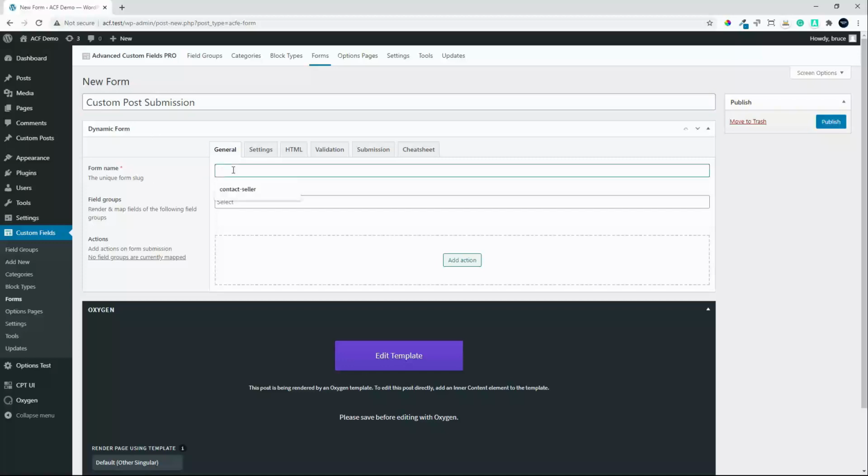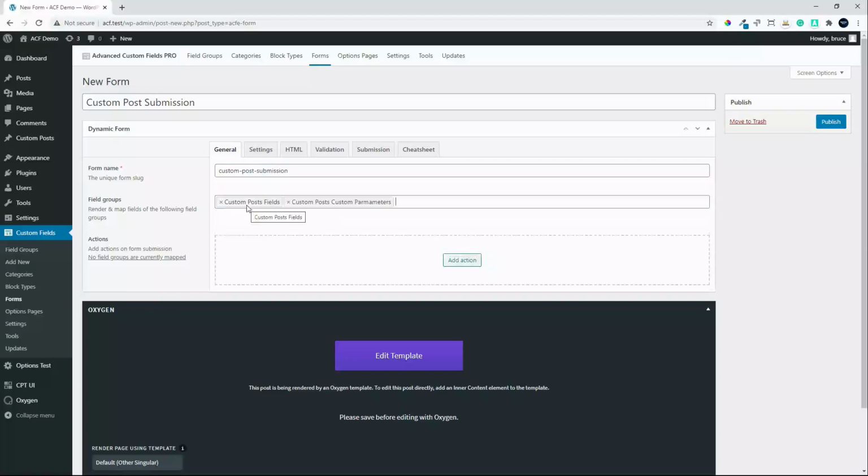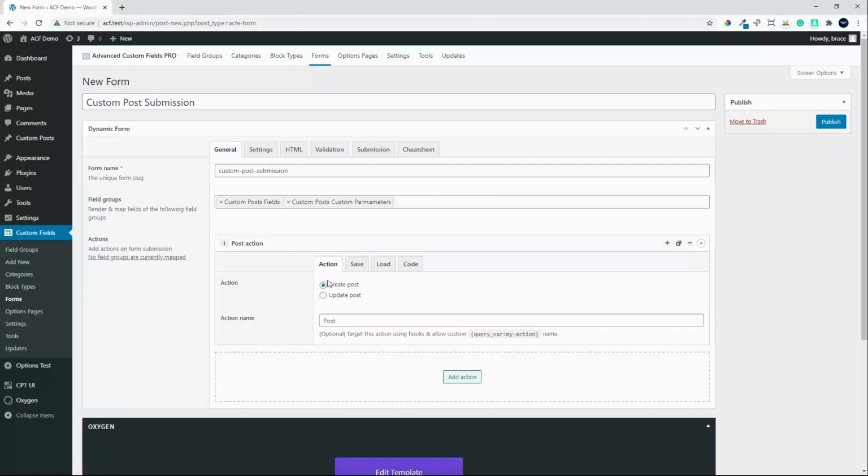You'll see that as I type and I put in a space, it will put in a dash. So let's make that the same name. So custom post submission. And now we can select our custom post fields. And you'll see here that we are selecting both field groups to include in the same form that we're going to create. And then here we select what the action is. In this case, the custom action is going to be the post action,